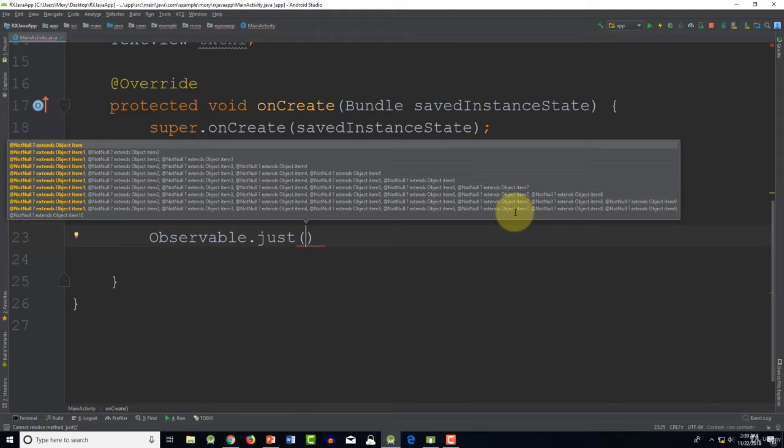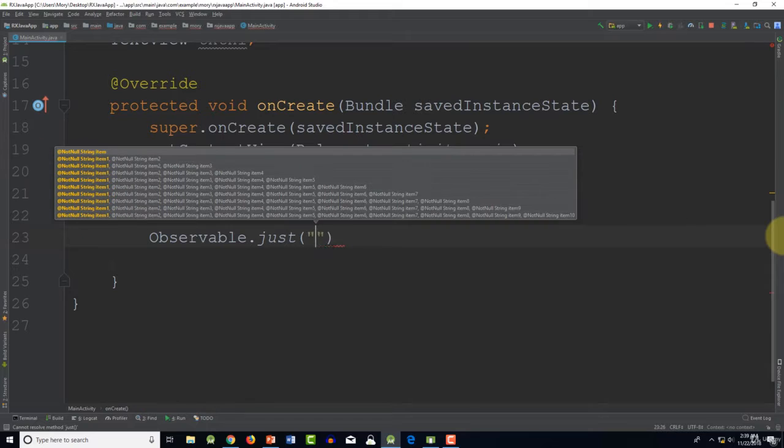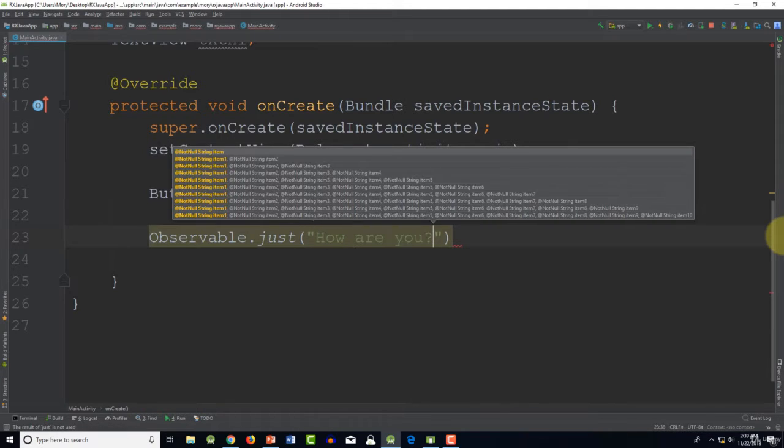You will learn all about Observable in the next section of the course, but here we just want to create the first RxJava app. So inside the parentheses of this just method, I'm going to put 2 double quotes. Inside the quotes, I'm going to say, how are you? Notice that this is just the data source. Observable is where we get our actual data. And in order to use this data, we need to say